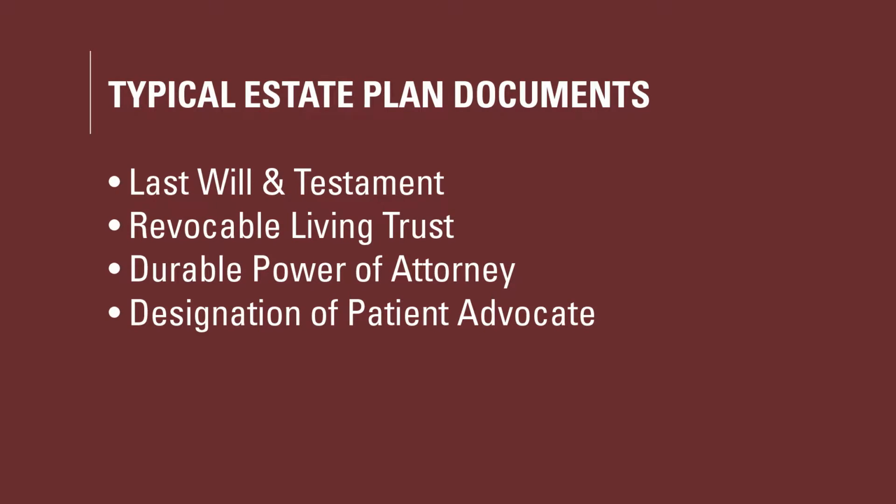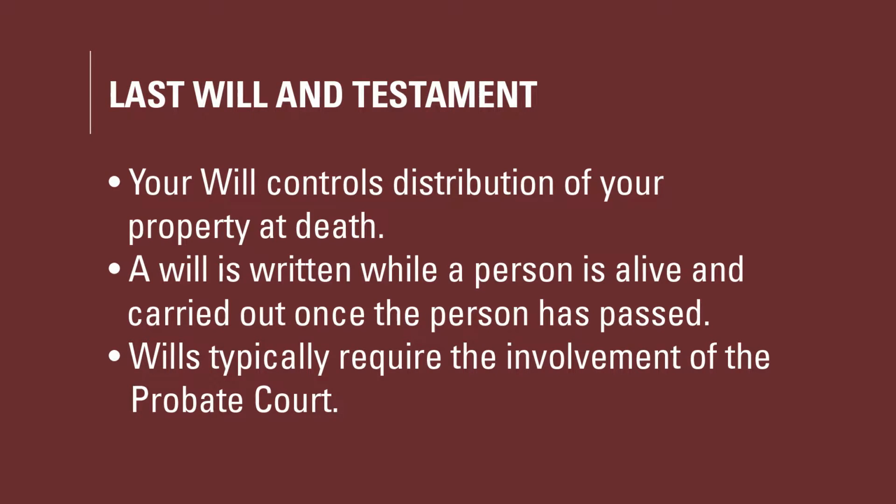The main documents that can be included with an estate plan are typically a last will and testament, a revocable trust, a designation of patient advocate, and a durable power of attorney. I'm going to go through just the basics about those documents with you today so you have an idea of what is included. The will is created at the time that you are living and is carried out at your